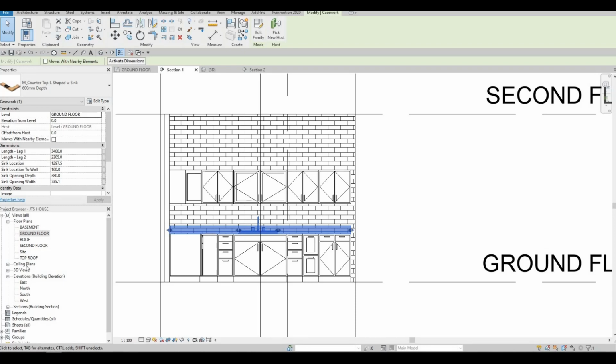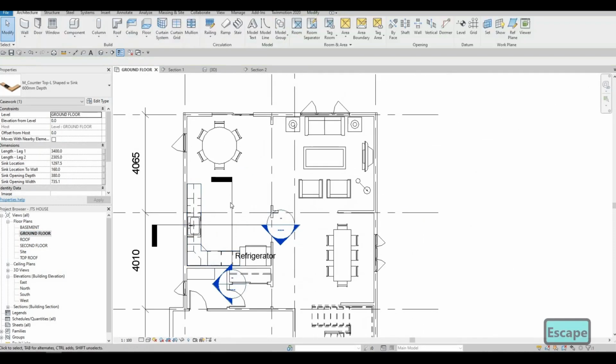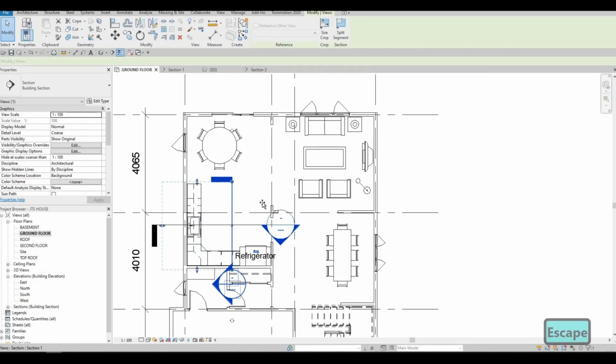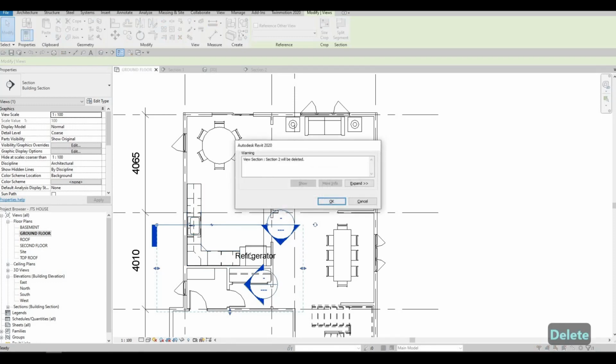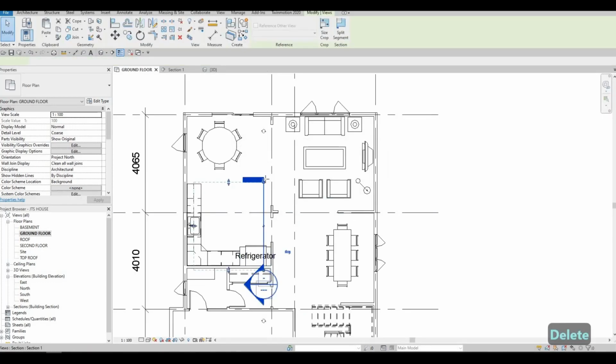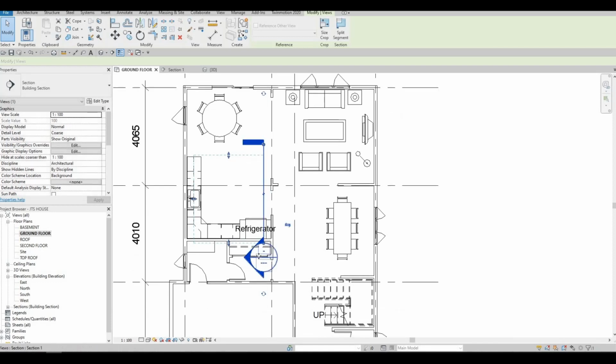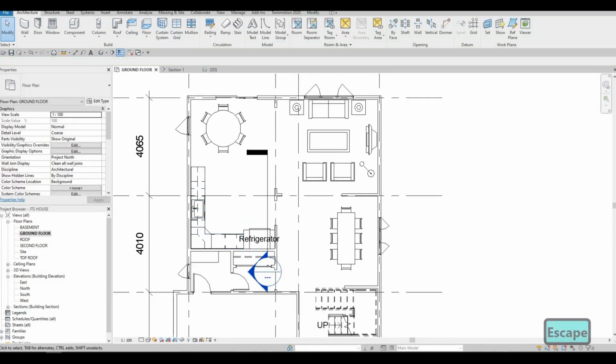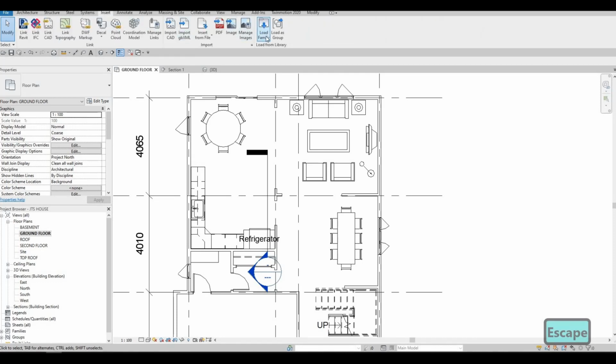Now let's do the island. So go back to ground floor. We can move this now right about here so that we can see everything. We can now then delete this section. We don't need that section anymore. We could just make this one bigger like that. And then let's insert